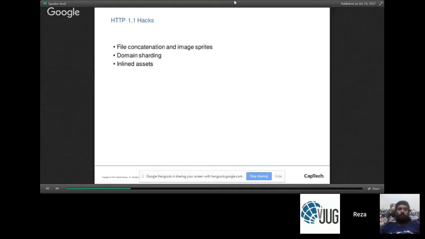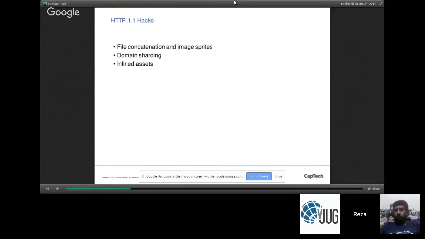The idea here is that if we're to load up, with my index.html page, a lot of JavaScript and CSS and all of these things, what I can do is concatenate all of these files together and serve them up all at the same time, instead of serving them up one by one in each different HTTP call.